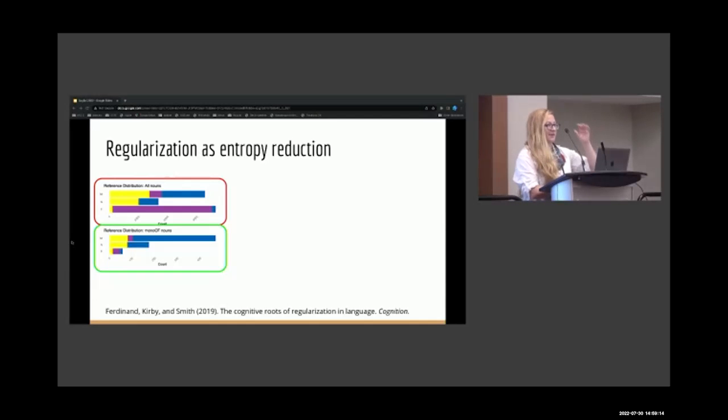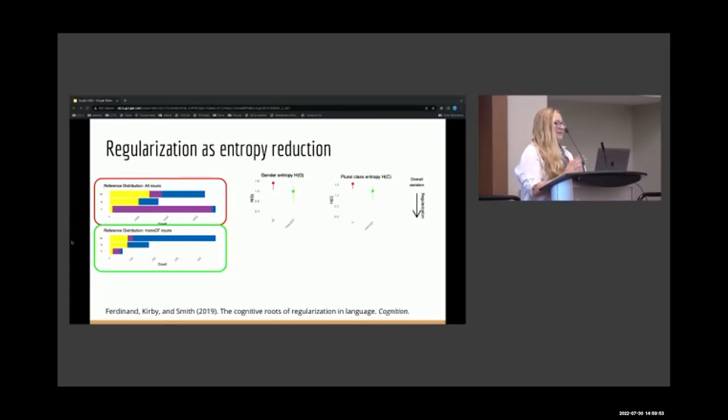So we can first calculate the entropy of our reference distributions. So here we can look at grammatical gender. In this plot, the red dot gives the observed entropy metric for the lexicon as a whole. And the line is a confidence interval, which we get from simulating different draws from a similar distribution, following also the approach from Ferdinand et al. And we have the same thing for the monosyllabic set of nouns.